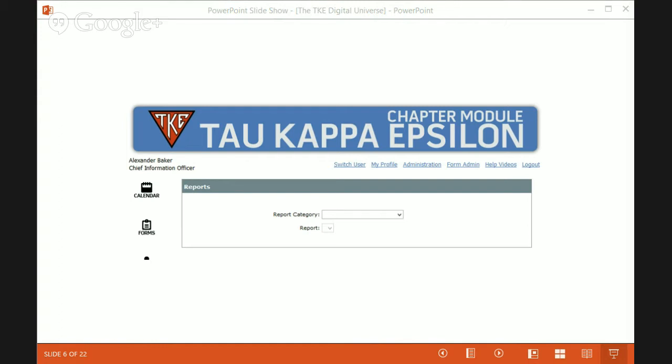The reports section has an astronomical amount of reports designed based on your office role. If you are a chapter officer, you have chapter-based reports where you can analyze conclave registrations or community service, or whether the annual report has been completed, which, reminder, is due on May 15th. There are also a ton of individual reports on that level. And then on a volunteer level, there are reports per province.